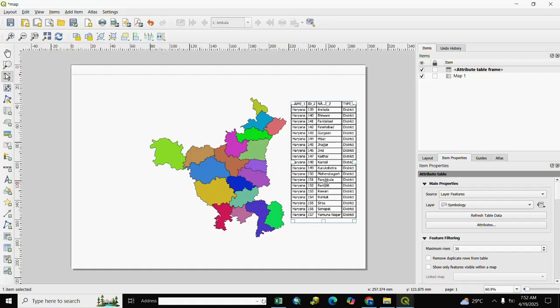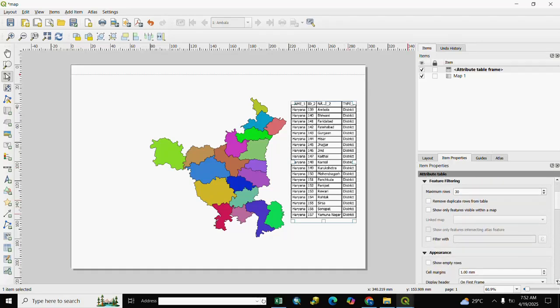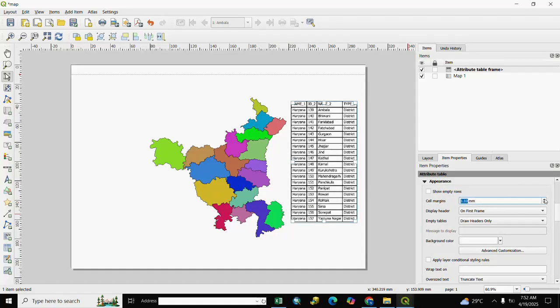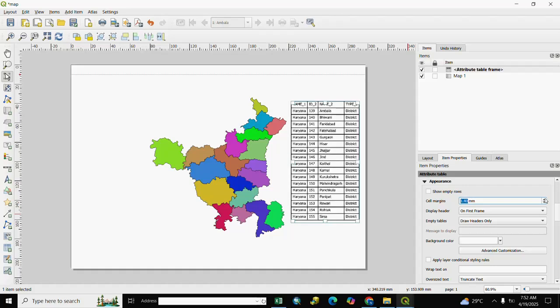You see here, and if you want to change it, you go to item property. If you want to manage cell size, you select cell manage here, and we adjust as per your requirement. We adjust 1.40 mm, and if you want to display the header, you select here